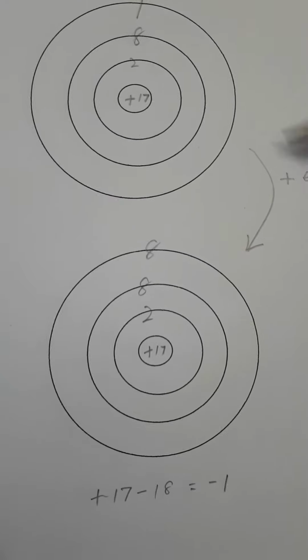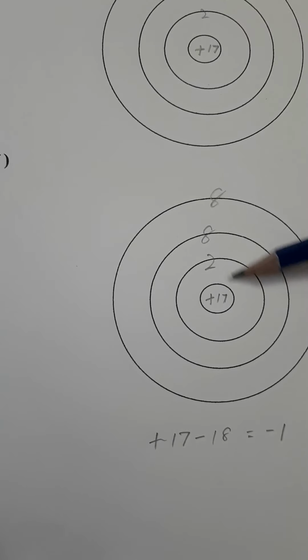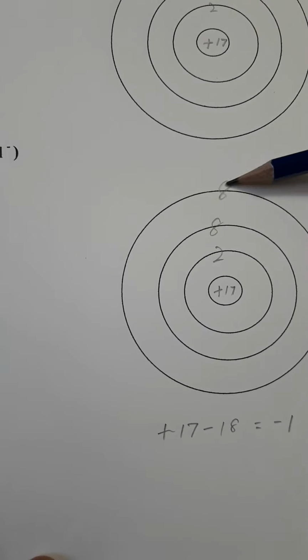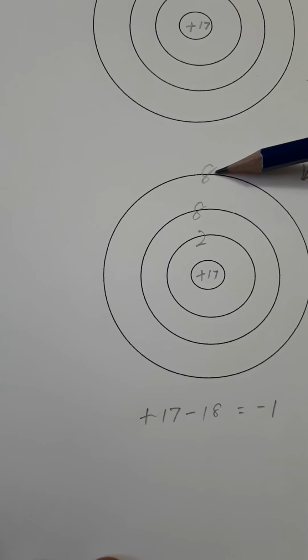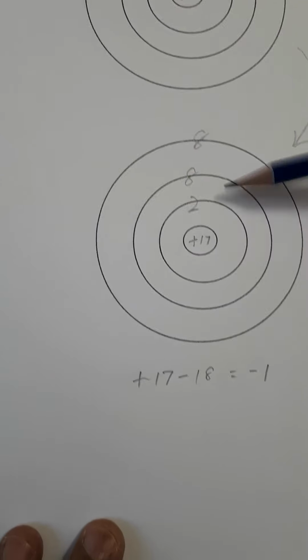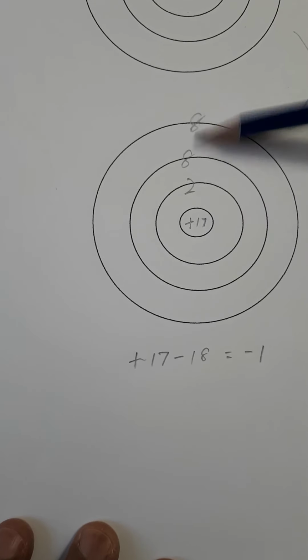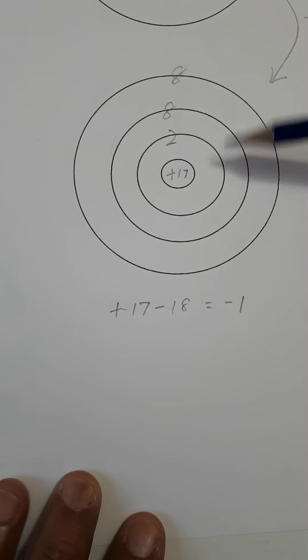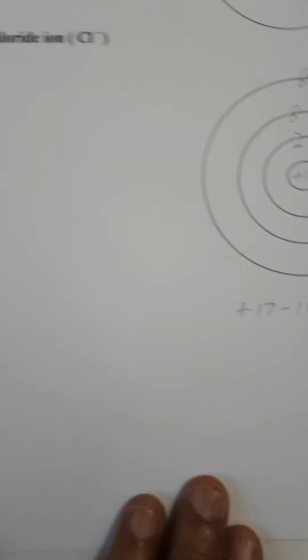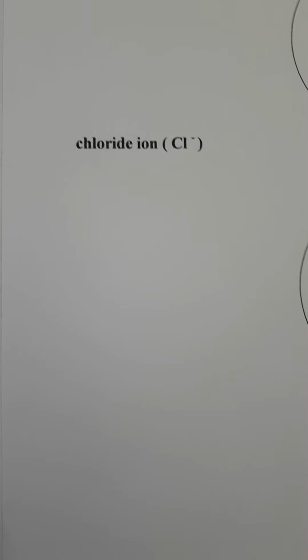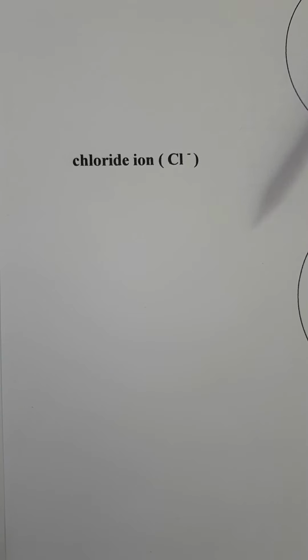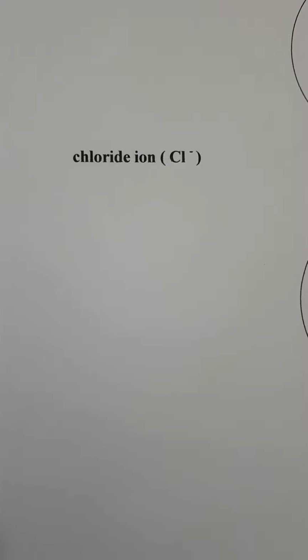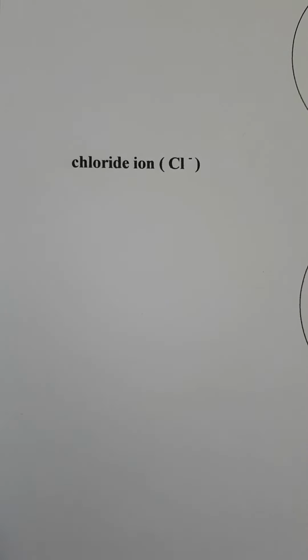gain one more electron and become 2, 8, 8. So now the outermost shell is full. Therefore it will have some extra stability. But now what is its charge? Plus 17 minus 18 equals minus 1. So we call it the chloride ion, Cl minus. So that sodium ion and the chloride ion will stay together to make the compound called